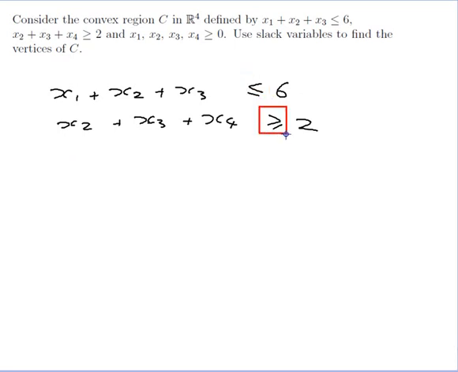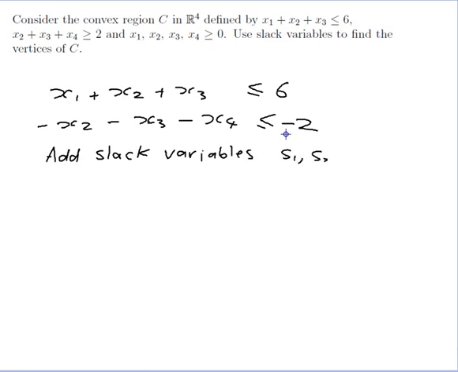but this one's not. So what I need to do is multiply this whole inequality by -1 to get the inequality sign to point the other way. So that would be minus x2 minus x3 minus x4 is less than or equal to -2. And now I can add my slack variables. Add slack variables S1 and S2 greater than or equal to 0, so that